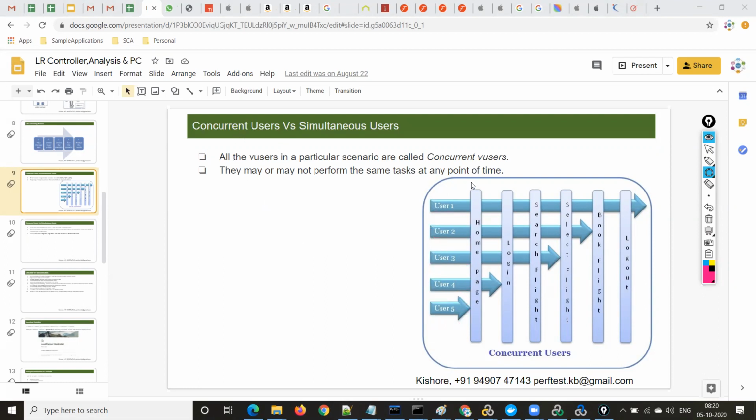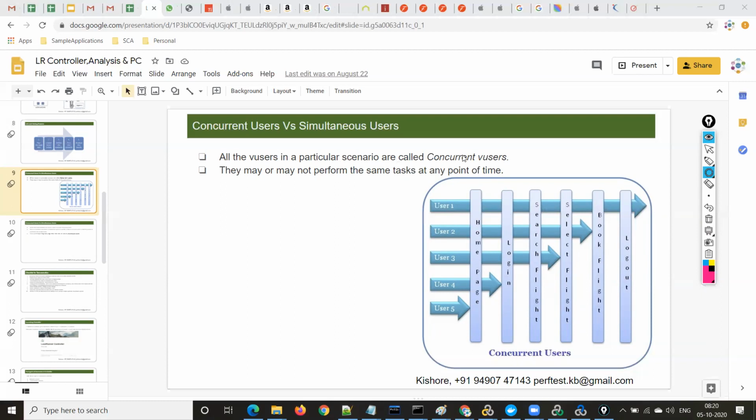What is a concurrent user? Here you can see it is mentioned as concurrent user. All the users in a particular scenario are called concurrent users: the user executing the home page, the user logging in, the user booking a flight ticket, and the user who logged out.